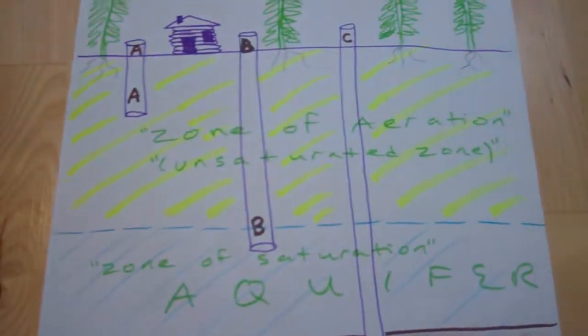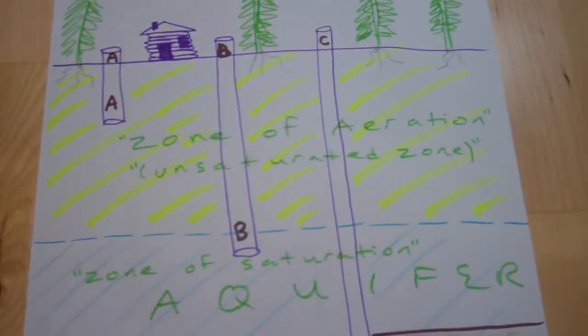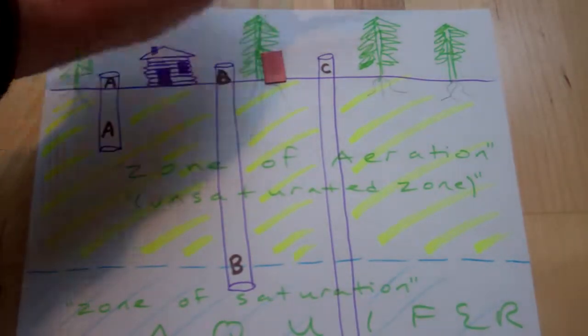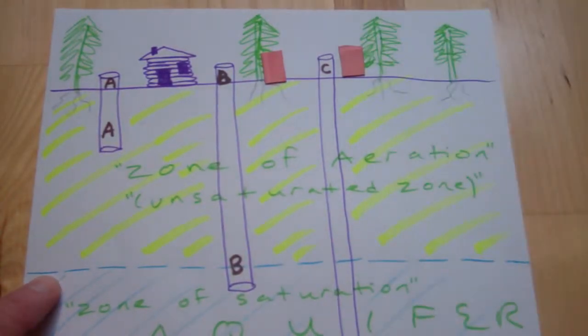Now, what if we have many people using these wells rather than just one person? So let me find my picture, sorry. So what if instead of just one person using the well, we have other people starting to move in? And I'm going to say that this is going to represent a house, and here's a house, and here's a house, and so on. So let's say that I've got lots and lots of these new houses on the property,